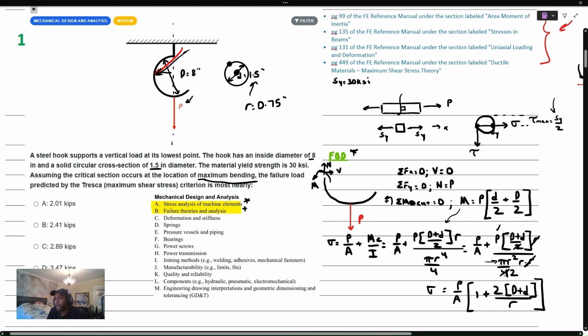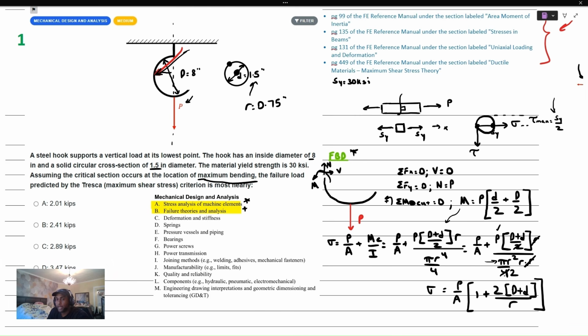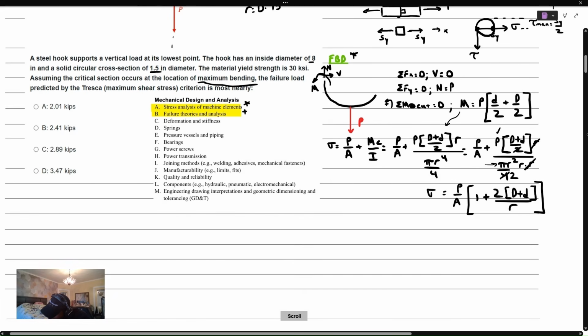We have this stress term here. If we think about what we're really trying to do, we're trying to apply a failure theory looking at the maximum shear stress in the body. Now, we already looked around on the cross section to see where the maximum normal stress is going to occur, because if we think about Mohr's circle for this uniaxial case,